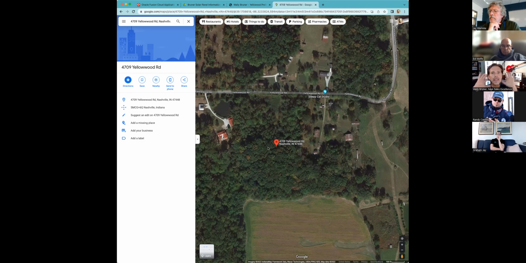So the design question is, where do you put everything? Oh, that's easy. Because I'm going to have to run buried lines, and I don't want to run two buried lines, one for the DC from the solar and one for the AC down to the house. So do we just put everything up top by the panel and then run one line down to the house? Yeah, what you're going to want to do is, at the pole,